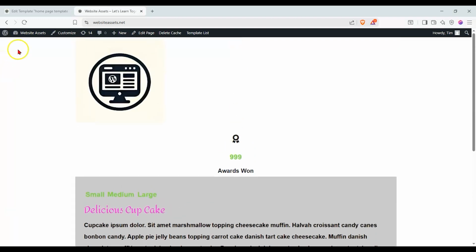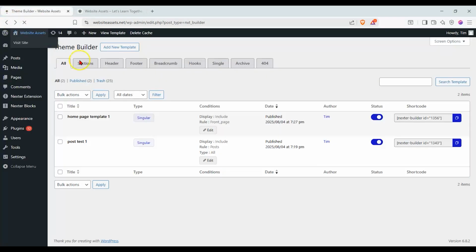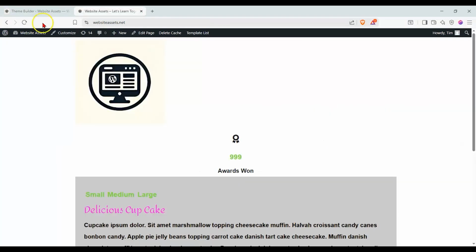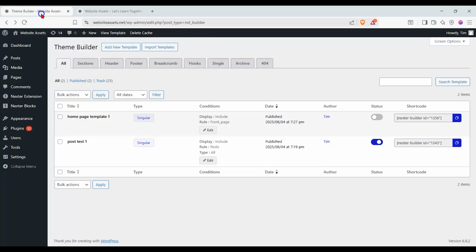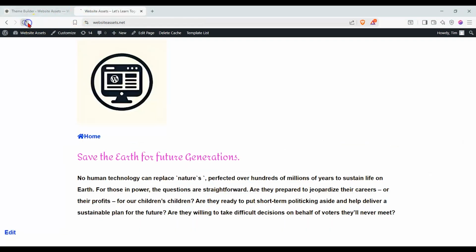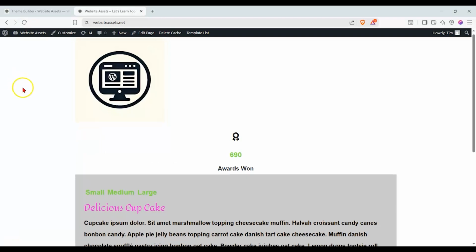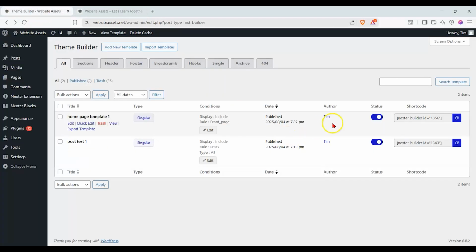And now that's what it looks like. Now, if we were to go back over here, we see our home page template 1. Let's disable that and reload this. And it goes back to the default one, which is new page number 1, which we set by default in our pages. So that's something cool that you can do with Nexter, is that you can have a bunch of different home pages, and you can switch between them